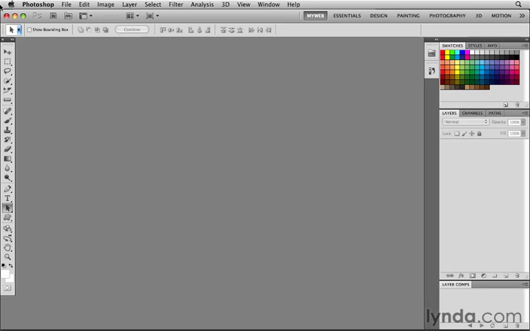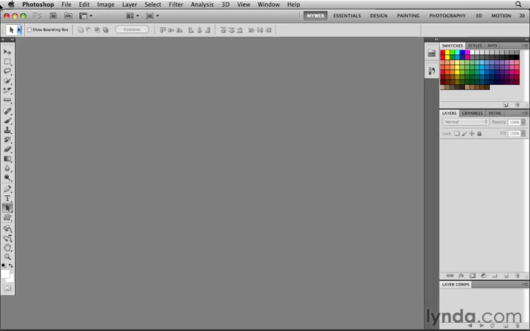Whether you're building a navigation bar, a layered web graphic, or an entire web page comp, if you're starting from scratch in Photoshop, your first step will be to make a new file. In Photoshop's new dialog box, you'll encounter some terms like color mode, bit depth, and resolution, which I'll cover in this movie. So let's say that I'm about to create a new blank file in which I'm going to build